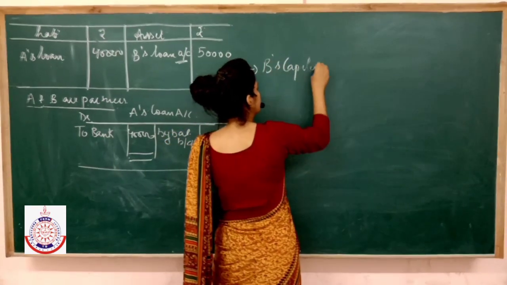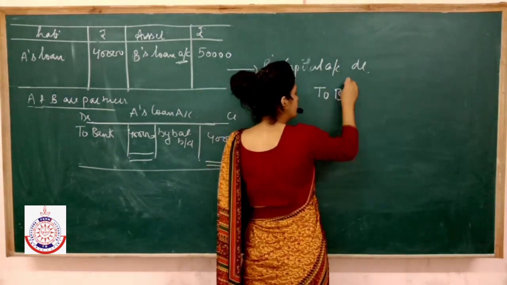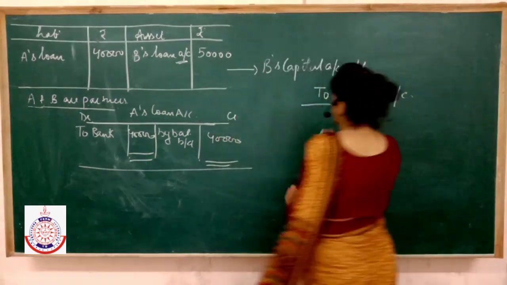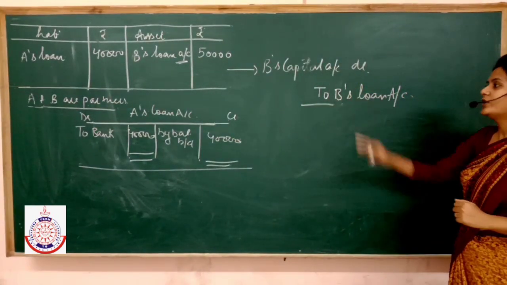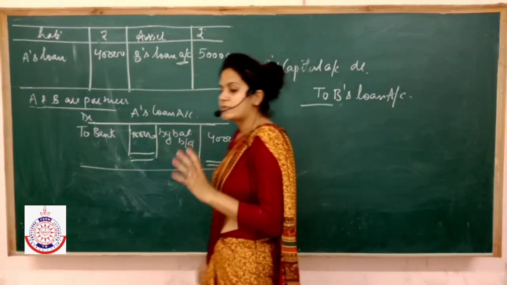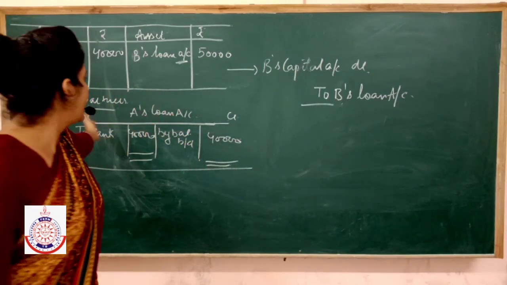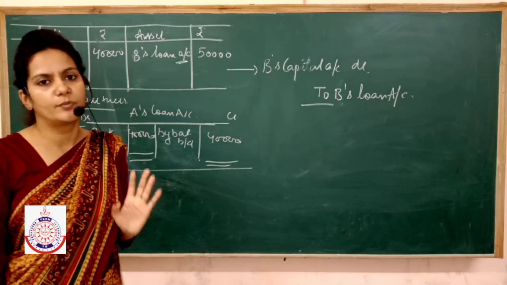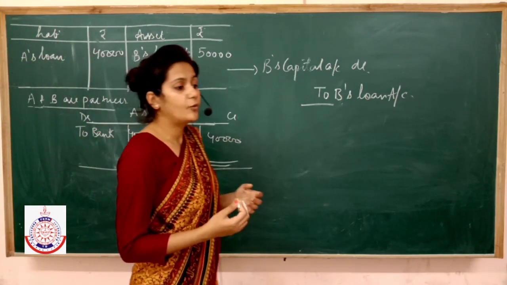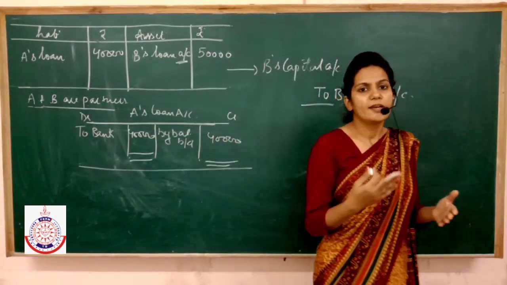B's capital account debited to B's loan account. You can understand the meaning of this entry very easily. See, you know this thing very well that B is a partner, and when the firm is going to dissolve, obviously A and B, they both will get some money from the business. And why are they going to get? Because they have invested capital. So at least they expect that when business gets dissolved, they should get